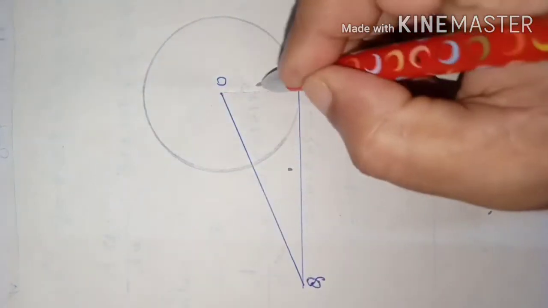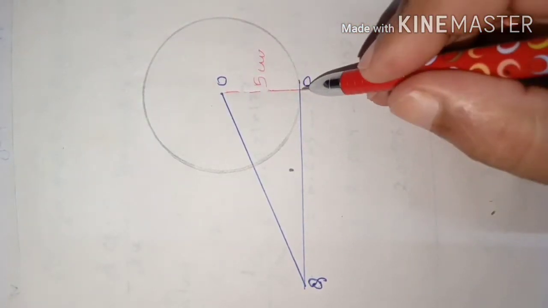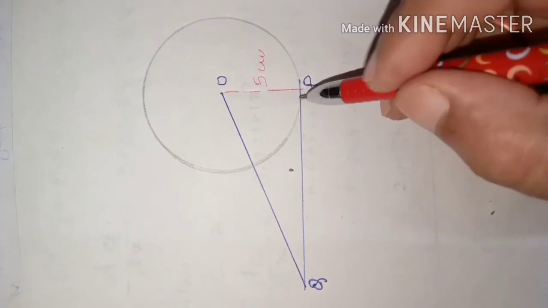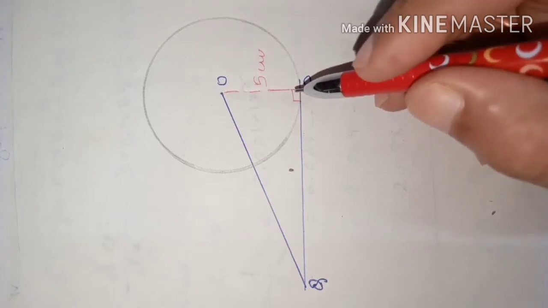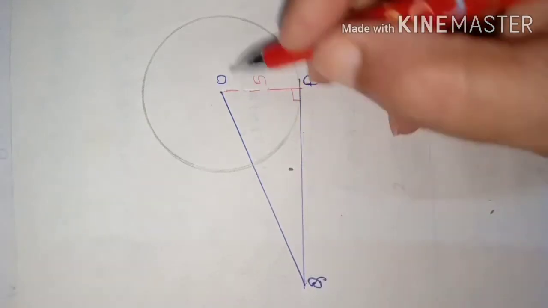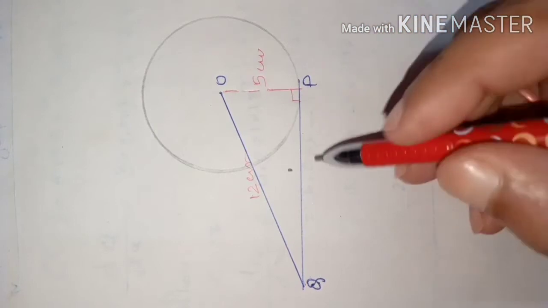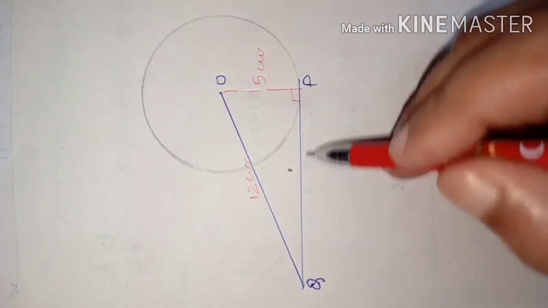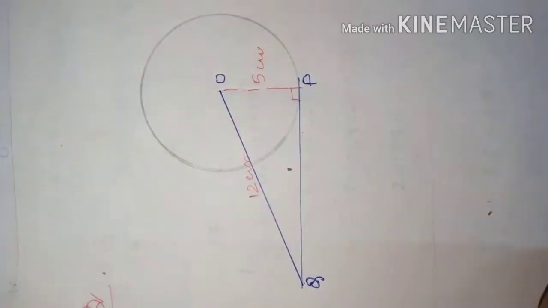This is radius 5 cm. OP is radius. Draw the radius at P only, because you have to use that relationship between radius and tangent. That angle between radius and tangent is 90 degrees. So you have to use this concept here. And the distance of this point Q from the center O is given to you, that is 12 cm. So all these things are given. So it is a right triangle. You can use Pythagoras theorem here to know the length of PQ. So you can write here, that is question number 3. Its solution you can write this way.